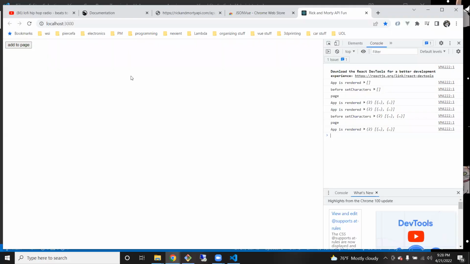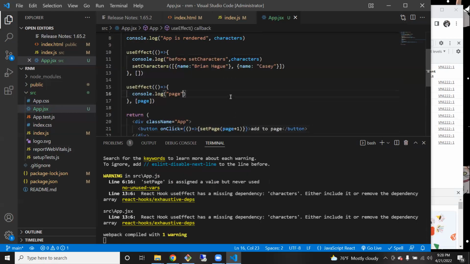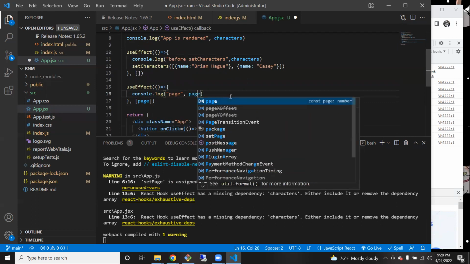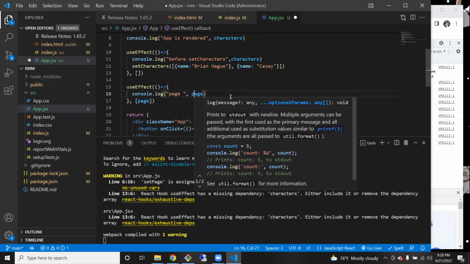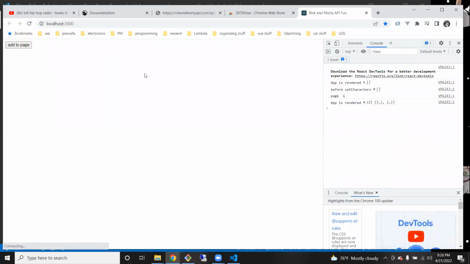All right, so now I have this button. If I add to the page, it's going to run that useEffect again, and you will see page come up again. So let's make this a little more useful so we can tell which page we're on. Page, put a space in there, and then page. Okay. So let's refresh. We're on page 1. If I click on add to page, page is now 2,